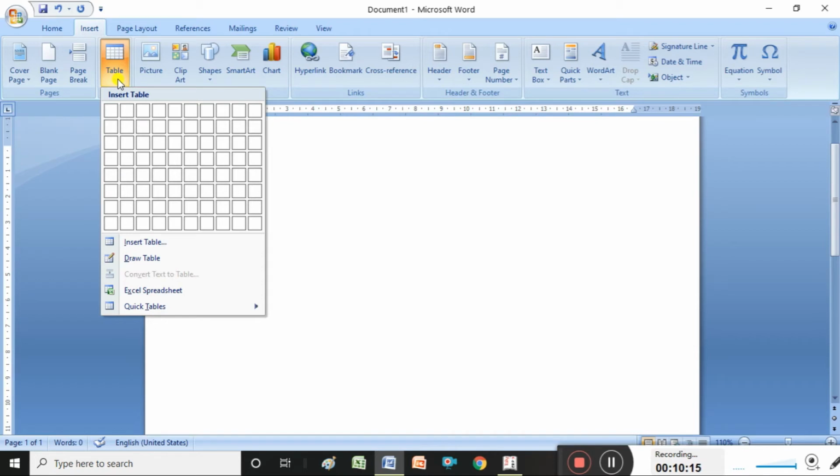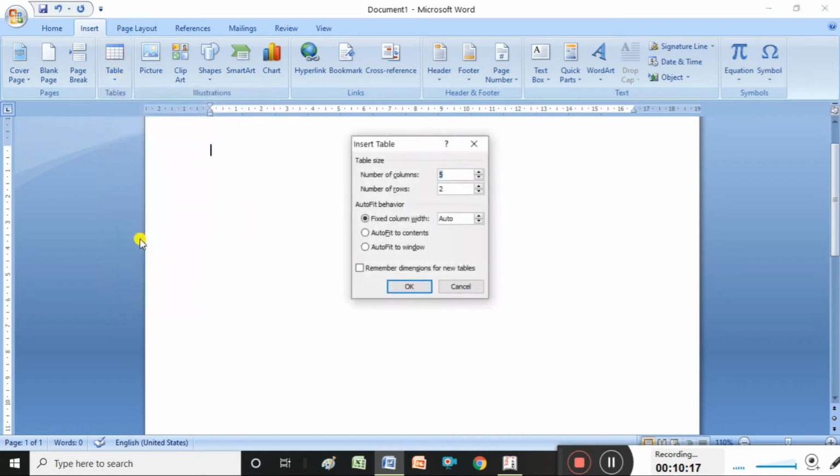One more way also we have. So you can click insert table. Here you can update it. How many rows and columns do you want? So you can click this arrow mark. Now our columns are increased. I want only 5 columns. See, it is increasing. So click the down arrow mark, it is decreasing. So now I want 6 columns.